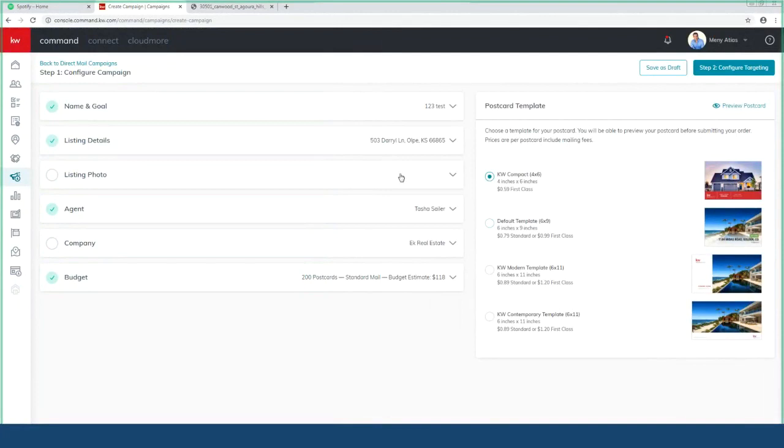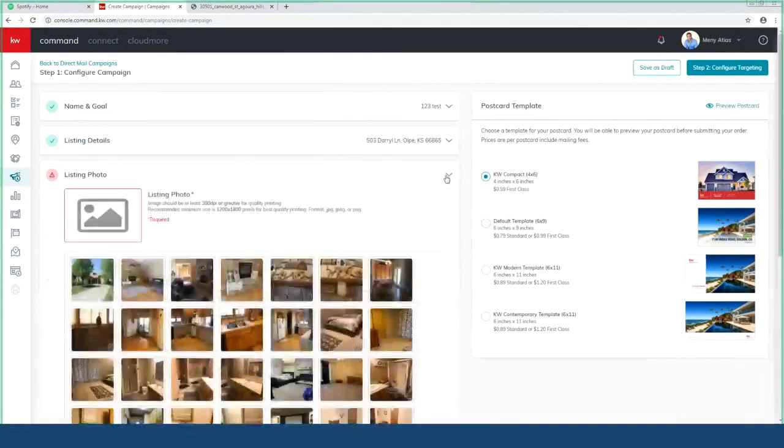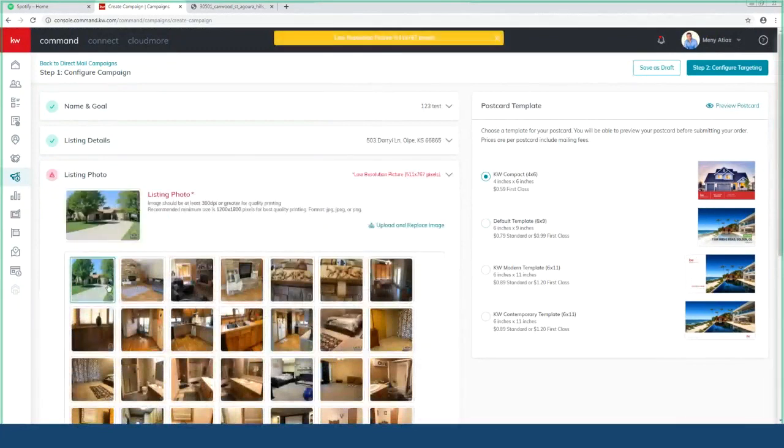This one, listing photo. You see, it's already doing the existing listing. I'm not sure if it's going to let me go. I'm just trying to see if it's going to let me upload my own database. I'm just going to try it. If it's not going to work, I'm just going to jump to